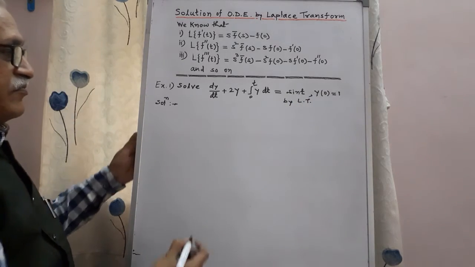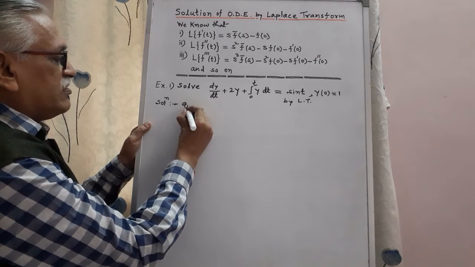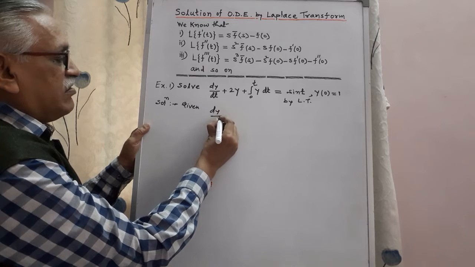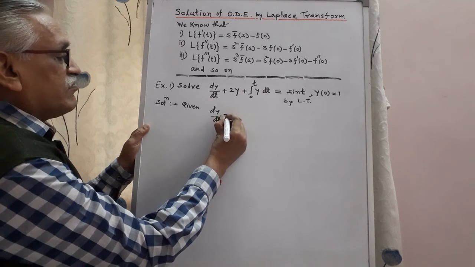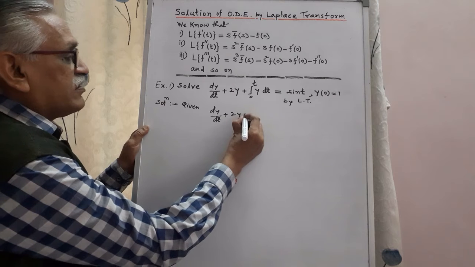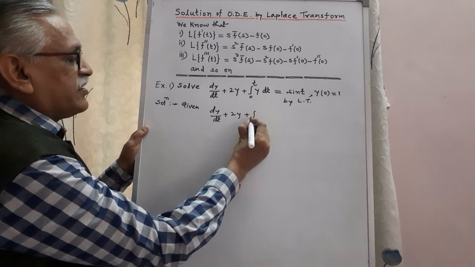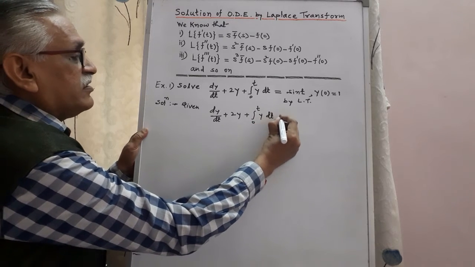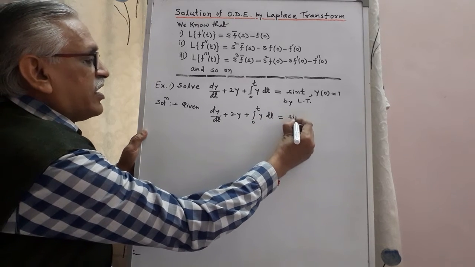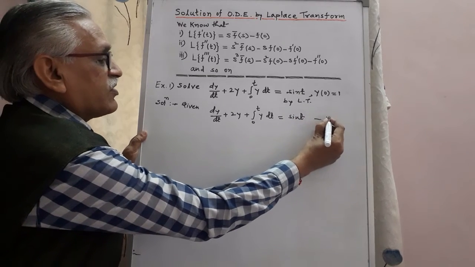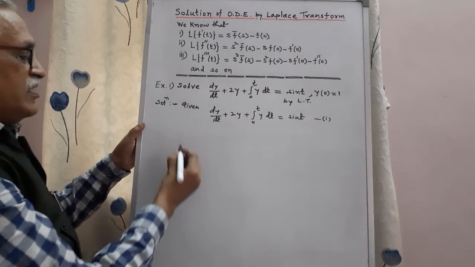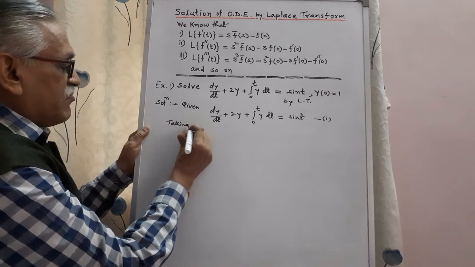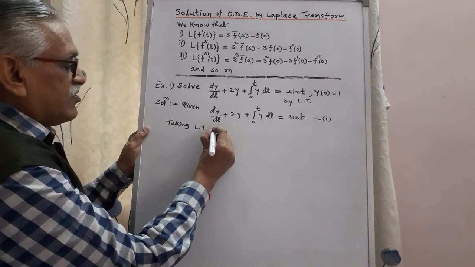Laplace transform technique. Therefore, the given differential equation is dy by dt plus 2y plus integral from 0 to t of y dt is equal to sin t. We call this equation 1. First step, taking Laplace transform of